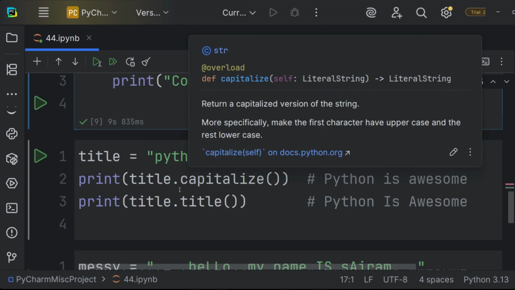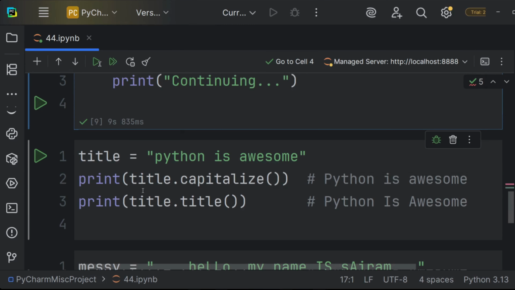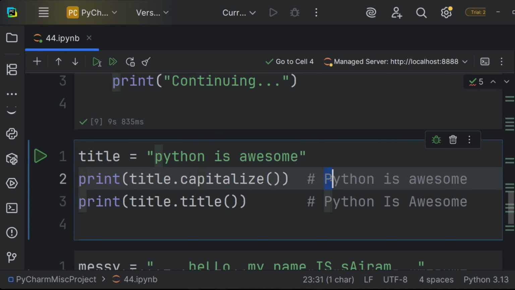Now, this is where the capitalize function comes in. The capitalize method makes the first letter uppercase and the rest lowercase. So, if we check the capitalize output, which I put over here, we only get the P as the capital letter. But what if you wanted the starting letter of every single word to be capital?